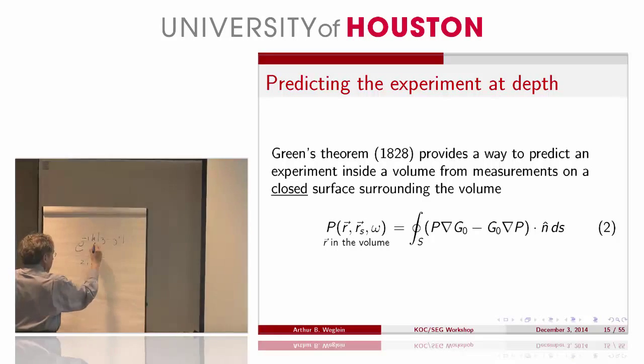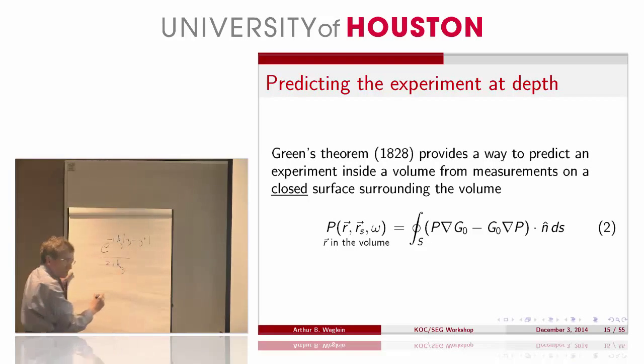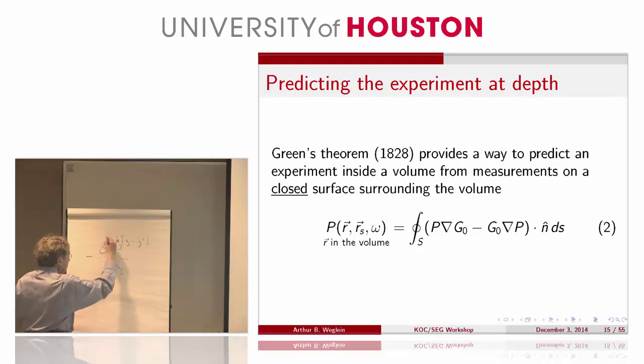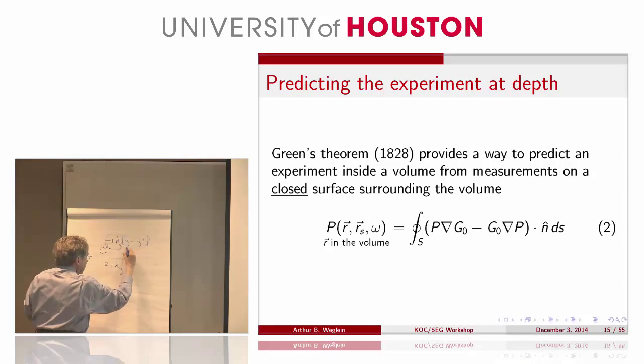Just to keep it simple, with a vertical wave number like that, this is what an anti-causal one looks like. If you differentiate it, let's say Z is where you're predicting, Z prime is the measurement, so Z is bigger than Z prime,